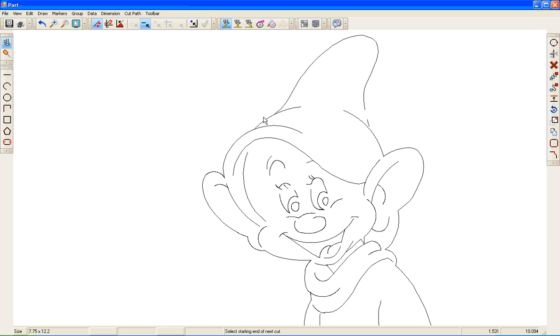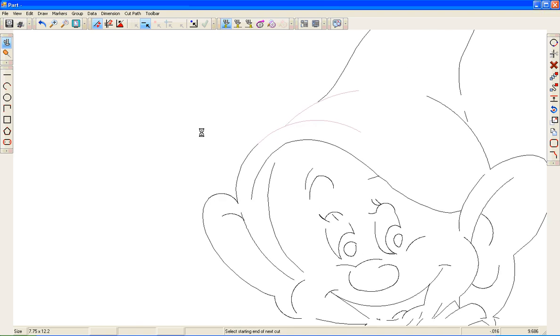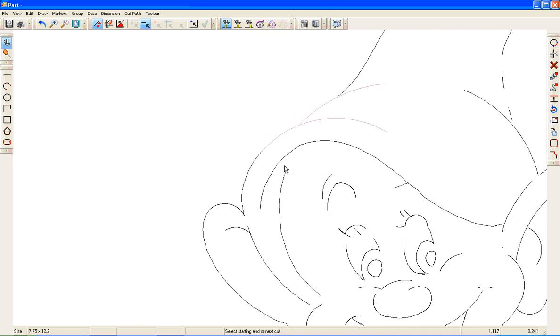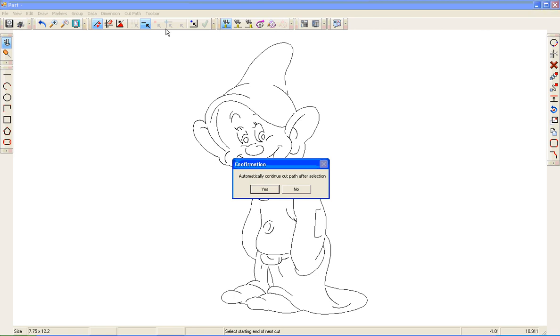So let's say we want to start up here. I'm just going to click on this line. As you see, it's got the whole line. After it cuts this line, I want to come down here, and I want to start right here. Now, it didn't get the entire line. It just got it to this point. So let me click again. Let me zoom in, because it's just getting a little bit of the line at a time. It's not automatically selecting the next line. Okay? So let's go back to cut path, manual cut, and now at this confirmation window, when it says automatically